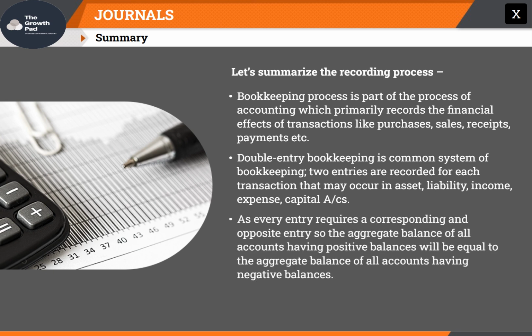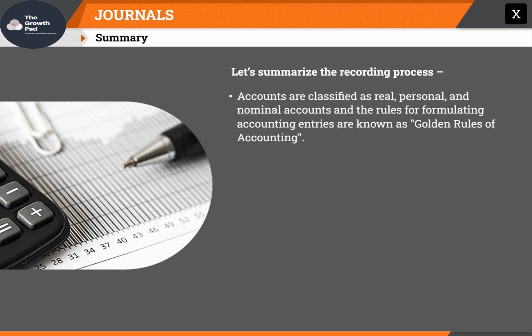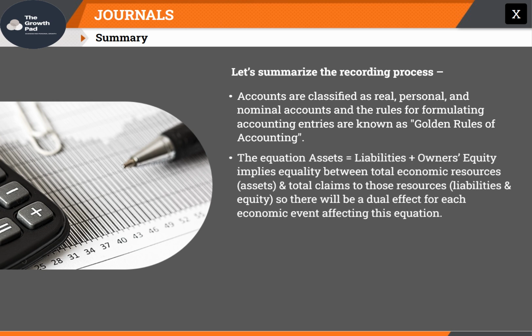As every entry requires a corresponding and opposite entry, the aggregate balance of all accounts having positive balances will be equal to the aggregate balance of all accounts having negative balances. Accounts are classified as real, personal, and nominal accounts, and the rules for formulating accounting entries are known as golden rules of accounting. The equation assets equals liabilities plus owner's equity implies equality between total economic resources, assets, and total